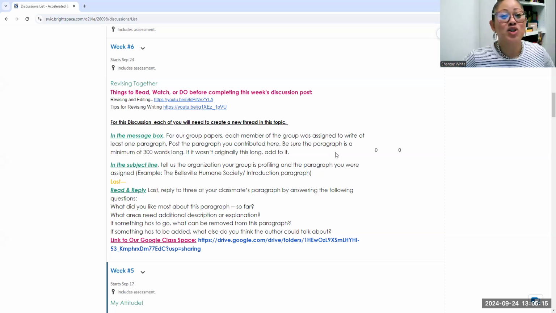And I know that you're only looking at one paragraph in a larger paper. So when you're talking about what could be added, there's a good chance that it's addressed in a different paragraph and not this one. But go ahead and tell your classmates because you never know how that might help them and their entire group.